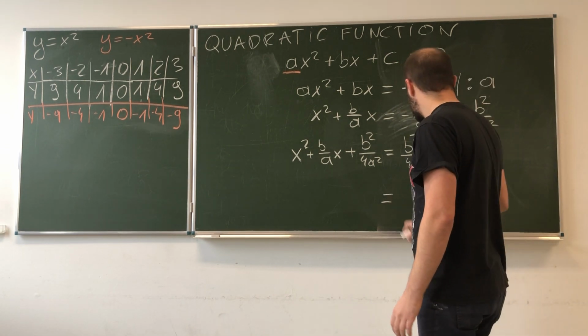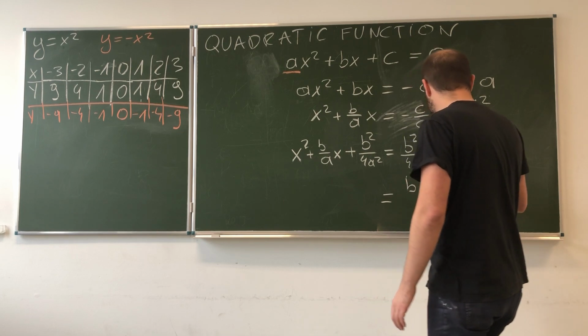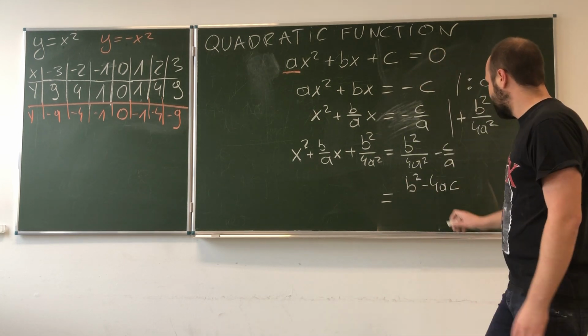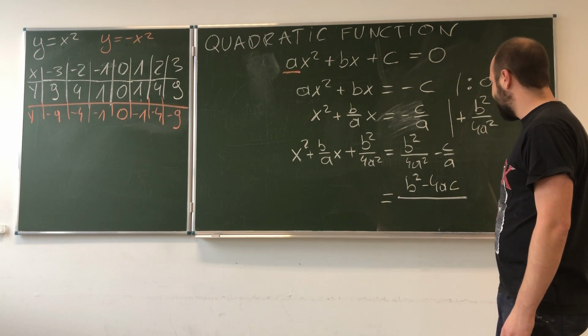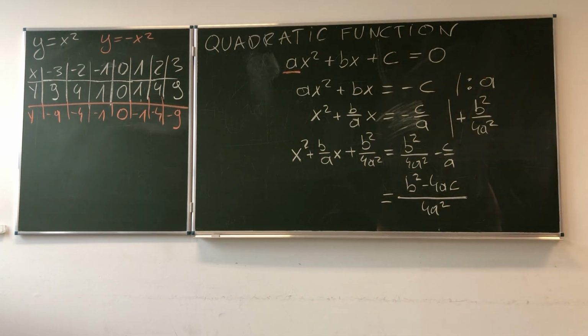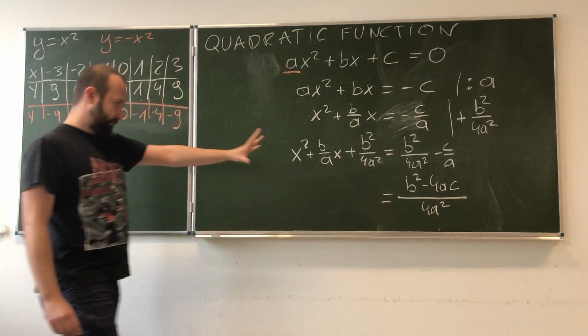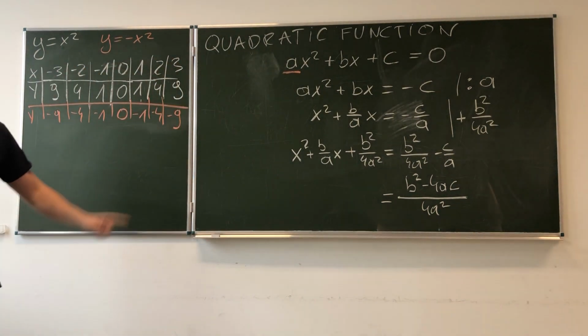So look, as a result, I'm getting b squared minus 4ac divided by 4a squared. Okay, so now that we have this side of the equation in the form that we want,